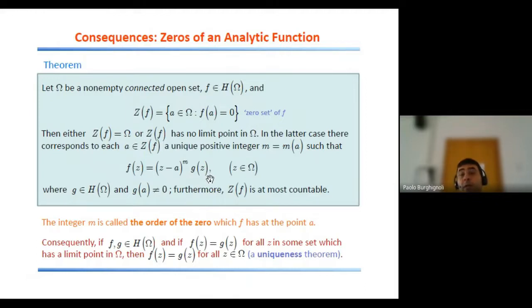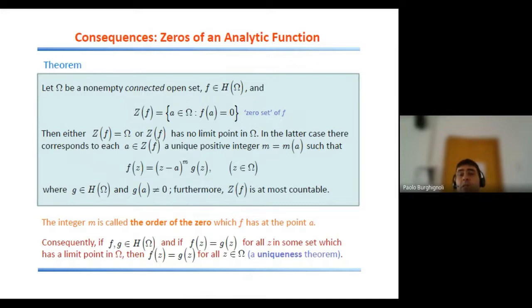And furthermore, the zero set could be infinite, but at most countable. As I said, m is called the order of the zero,